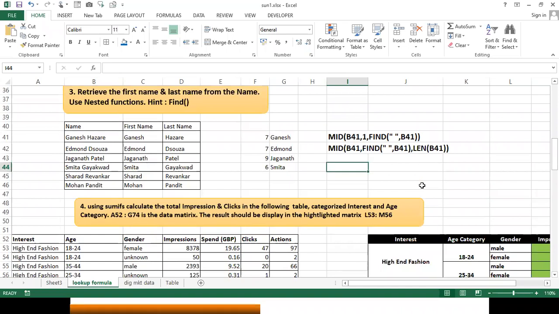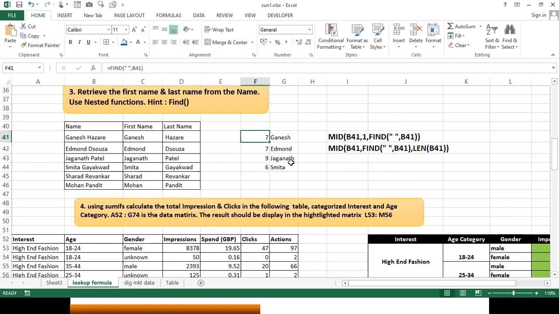Sir, first formula, one represents what exactly? One represents from the first character, from the G in case of Ganesha's array. Now, in the second formula, what I have done is I have taken it from where the space starts. Find will give me the 7th.